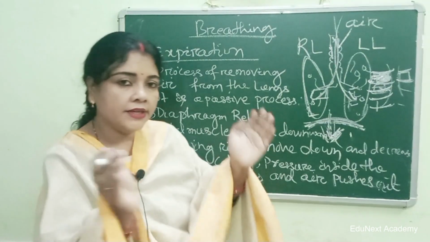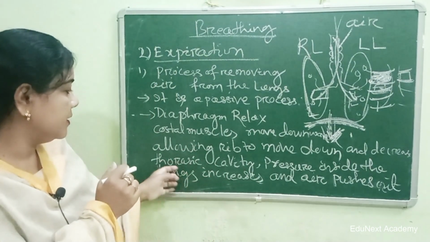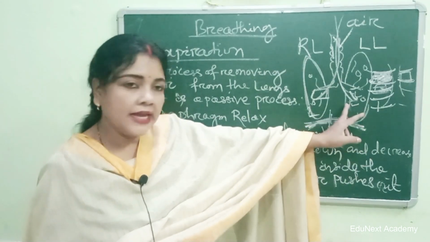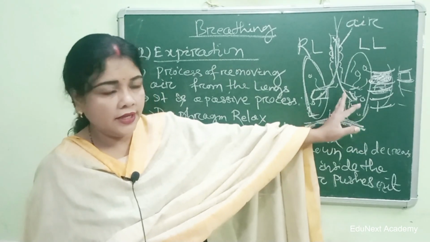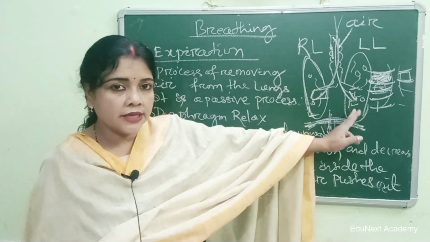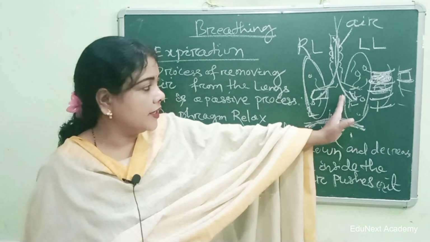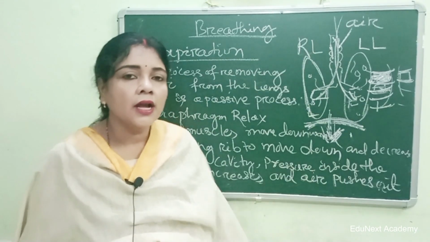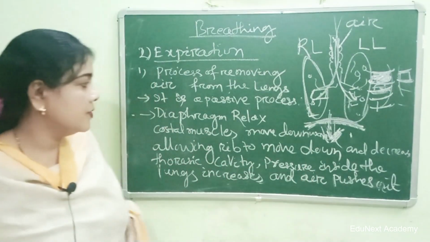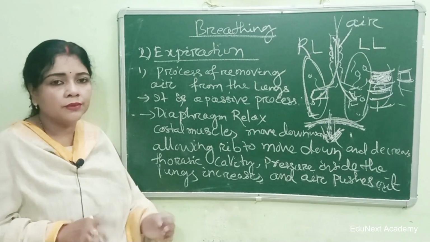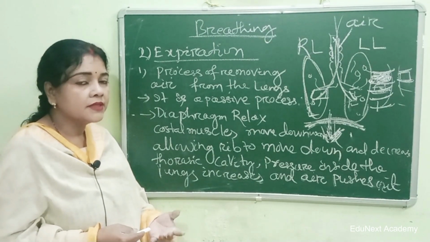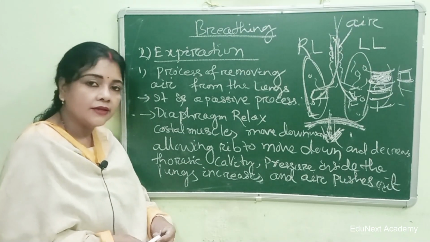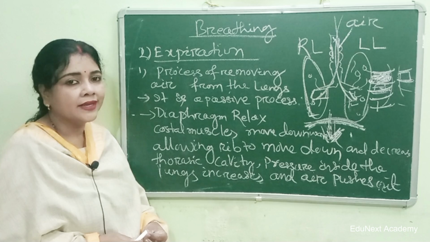It will allow the thoracic cavity to contract, and pressure inside the lungs becomes more, which will help to rush out the air, that is the carbon dioxide collected by the alveolar sacs, from our body. So these two processes are very important. This is how we take in oxygen and exhale carbon dioxide outside our body. Very important